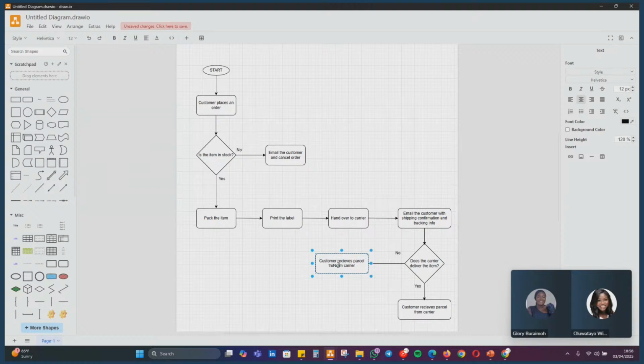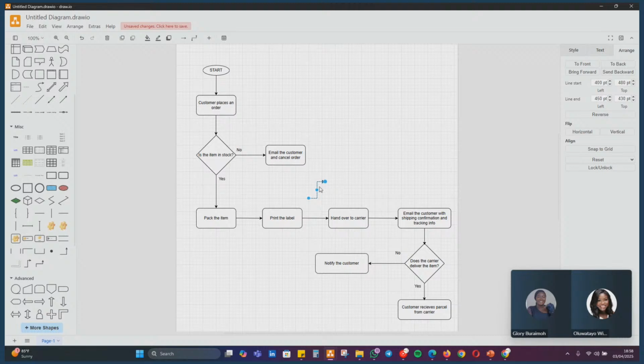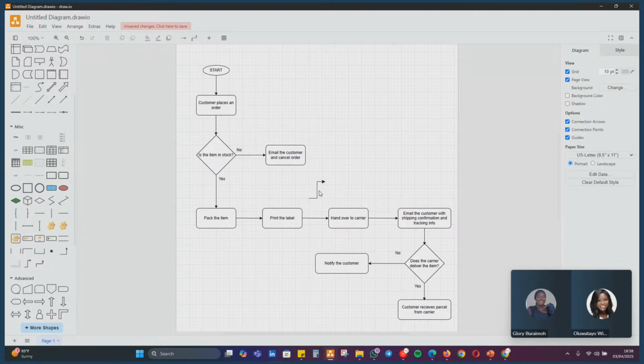So after we are unable to deliver a particular product to the customer, we notify the customer. Then we can now bring it back. Let me see, I now need to use this return connector here. So we can now bring it back